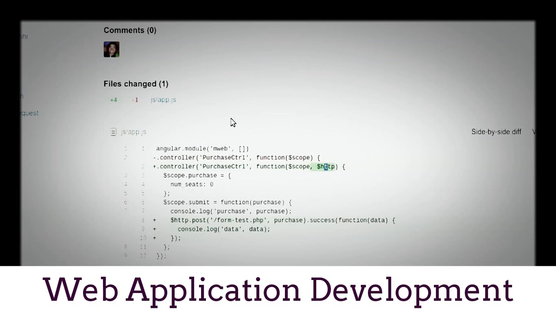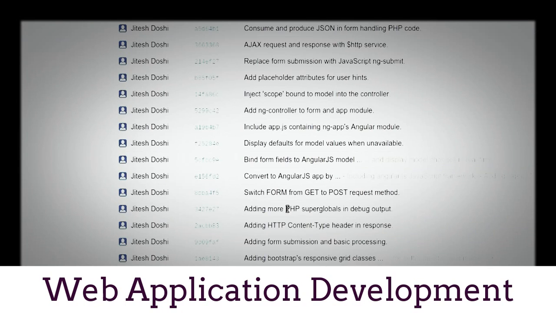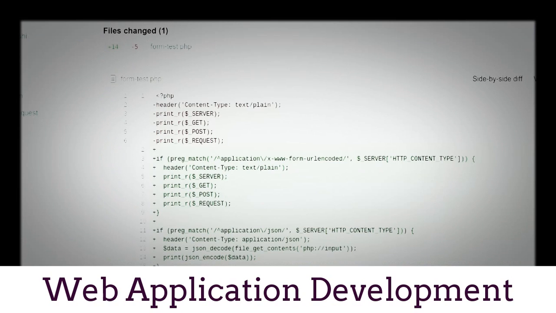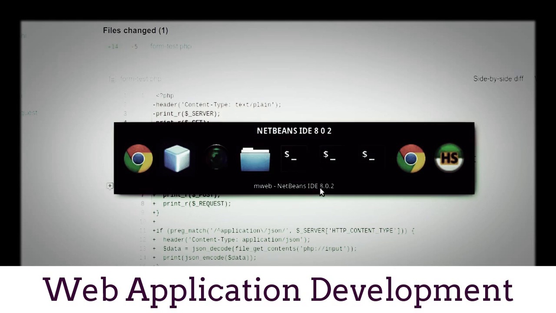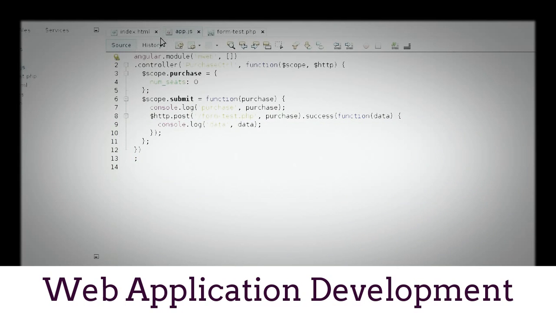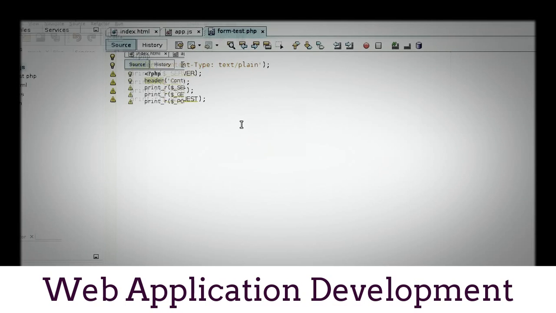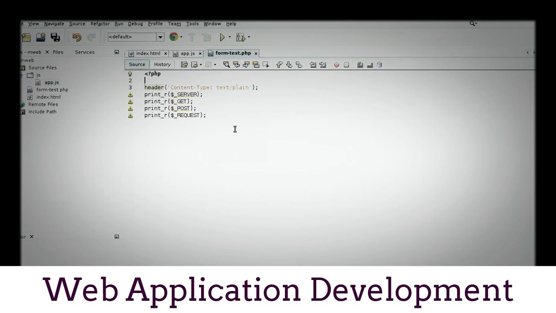Actually, it's a pretty useful thing. Now what we can do is modify our test form so that it can consume JSON. So how can it consume JSON? Well, we simply check the content type. So let's do that. In the form test.json.php, I'm sorry, we say if